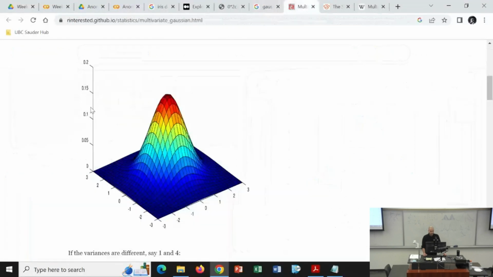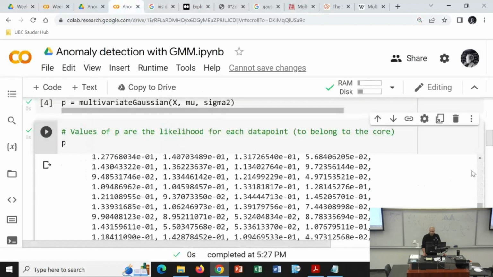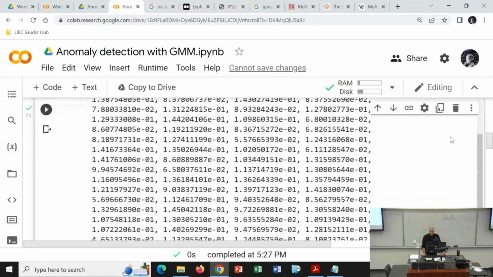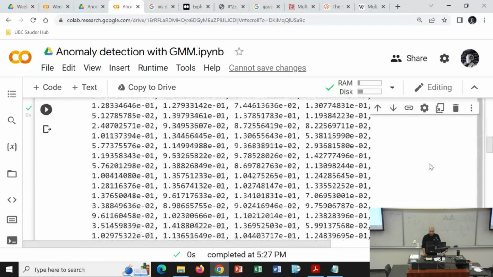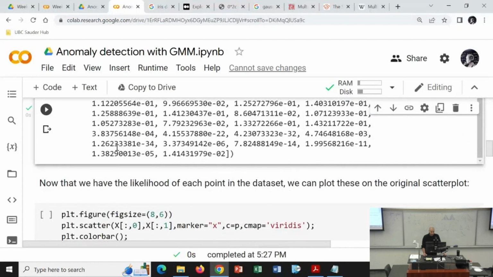0.11 is somewhere here. So that first data point is around here. In terms of likelihood, it has a relatively high likelihood to belong to the core. For the outliers, which were at the very end of my data, their likelihoods are really tiny numbers. Like this one is 1.2 times 10 to the power of minus 34. So it's